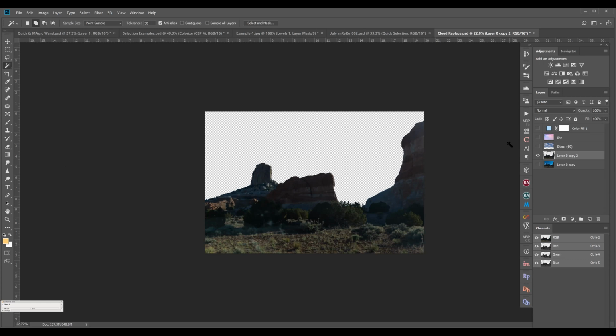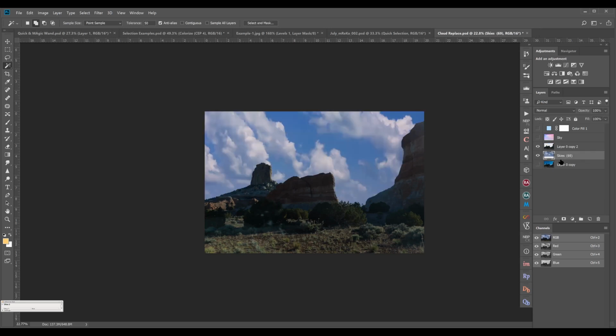As you must have learned in the Photoshop session about layers, whatever layers you add on top, it will get visible. Now I wanted to add the sky behind this rock, so I will just drag the sky beneath the rock.